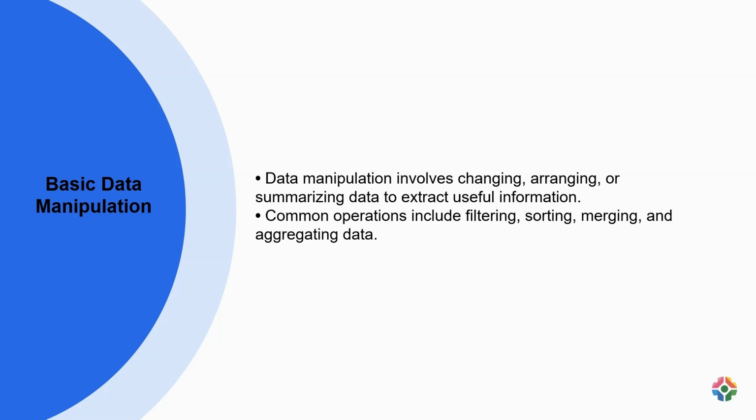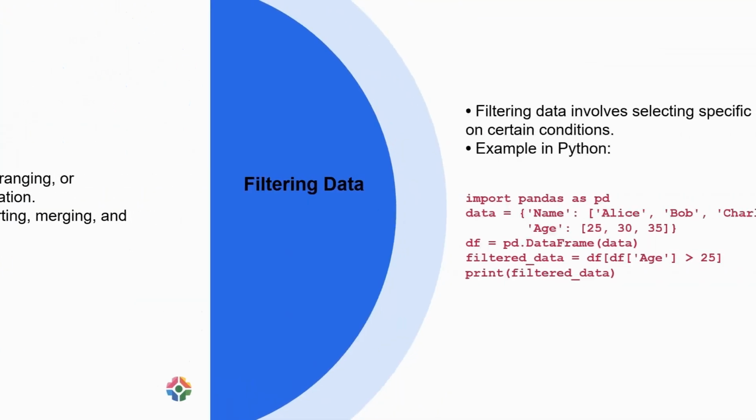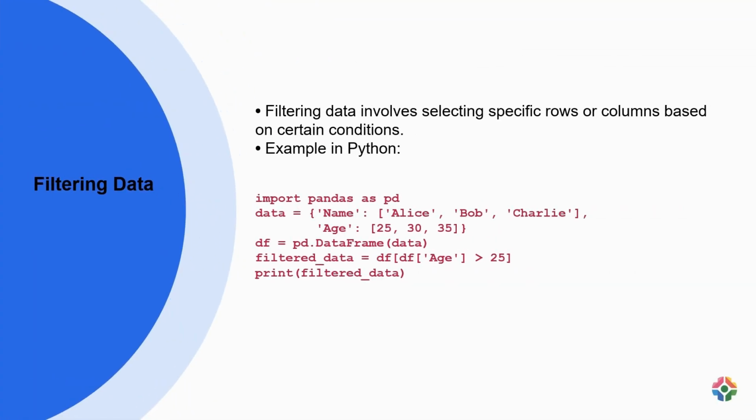data points. For instance, in a sales data set, data manipulation may involve filtering out customers who made purchases above a certain amount, sorting sales records by date, merging customer information with transaction details, and aggregating sales figures to calculate total revenue. Filtering data is an essential data manipulation task that involves selecting specific rows or columns based on certain